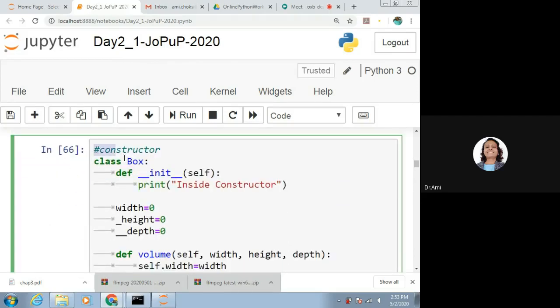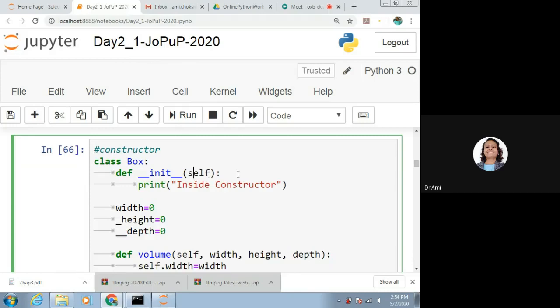Now we want to look at the constructor and public variable, protected variable and private variable. Let us see the example. Class Box, def __init__(self).